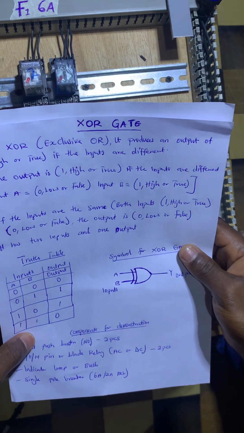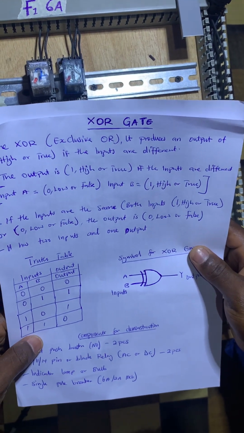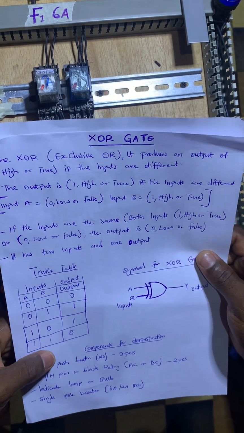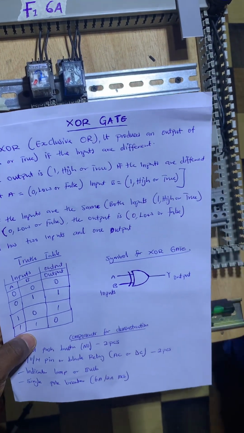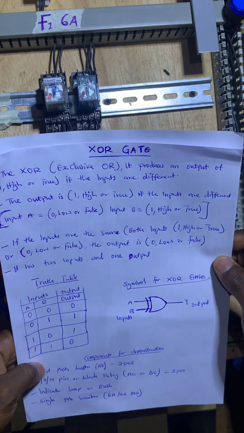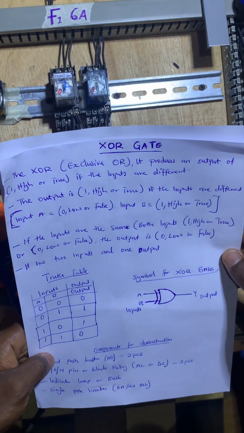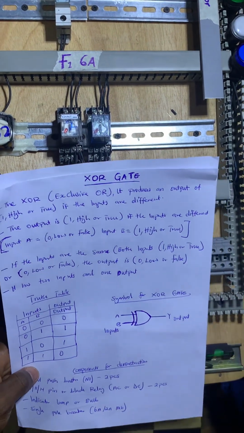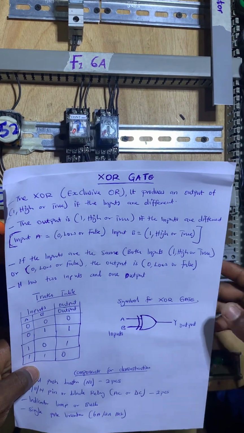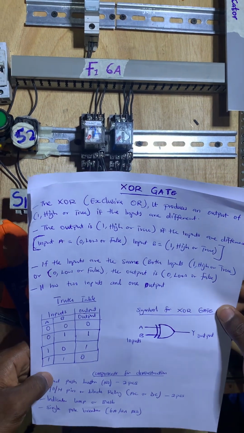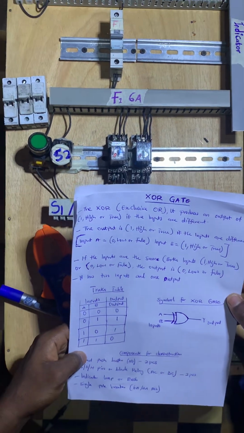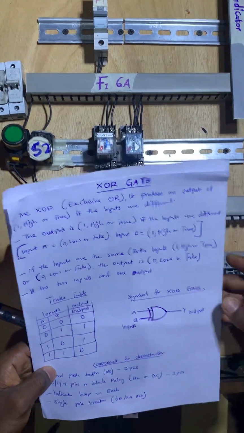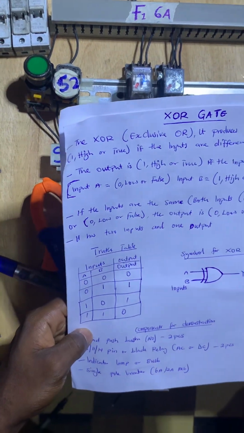Hello guys, today we are going to talk about the XOR gate, and XOR gate means exclusive OR gate. It produces an output of high, 1 or true if the inputs are different. The output is high, 1 or true if the inputs are different, like input A, since it has 2 inputs